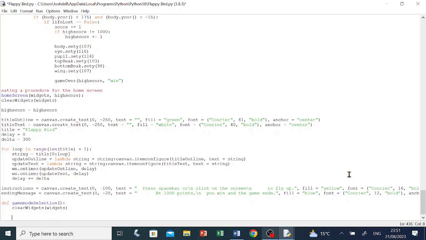Now we're going to create the 4 buttons that were visible on the screen. Let's start off with the home button. homeButton, make sure it's one word, = Button(canvas.master,